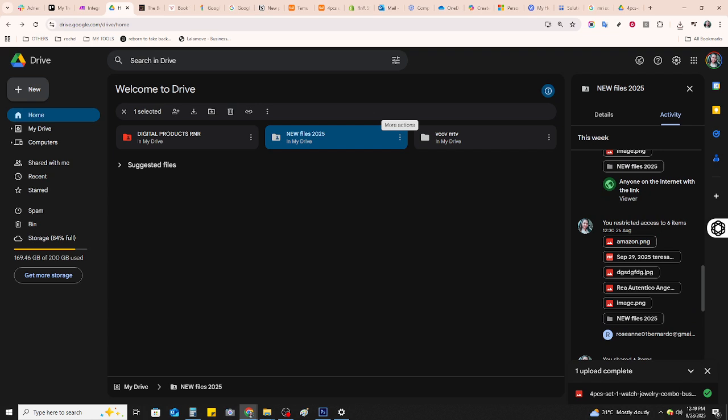This feature can be a lifesaver if ransomware overwrites your files. Just go into the trash, find the files you need to recover, and restore them to their original locations. Taking these steps will considerably boost the security of your Google Drive and ensure that you have the necessary tools